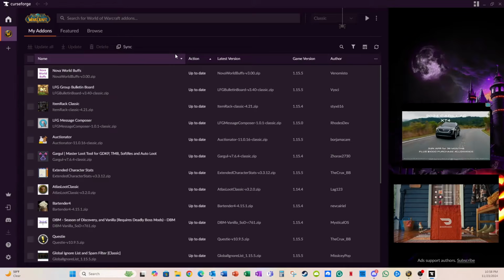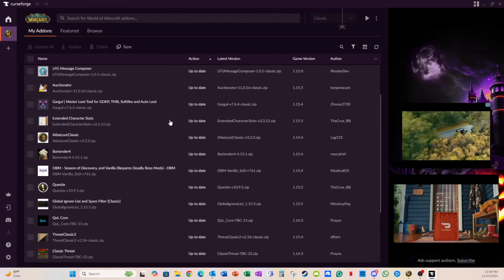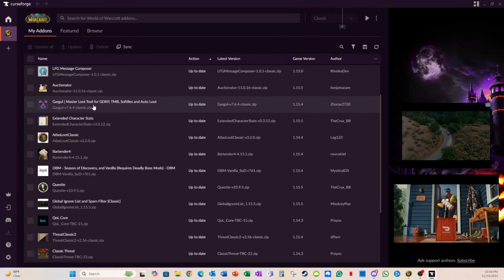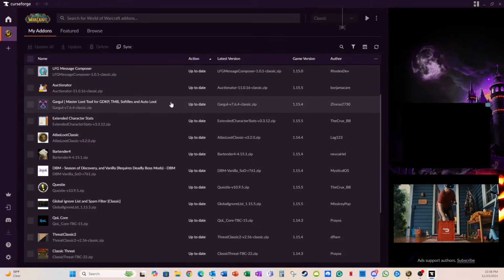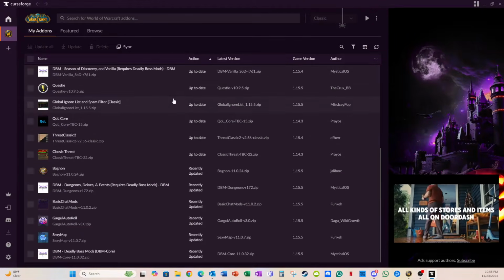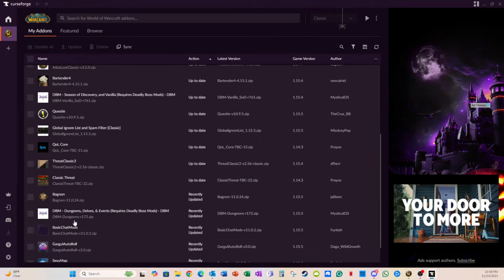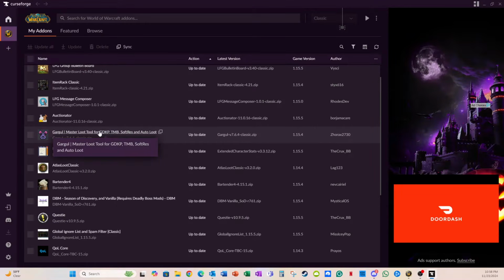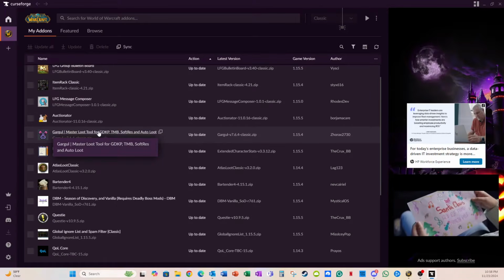And then there's two add-ons that I have that are relevant for Gargoyle. One is this one, Gargoyle Master Loot Tool for GDKP, TMB, SoftRes, and AutoLoot. And I also have a second one, which is Gargul Auto Roll. Now this one is the main one. That's the one where you can import a SoftRes sheet and you can use it to distribute loot and have